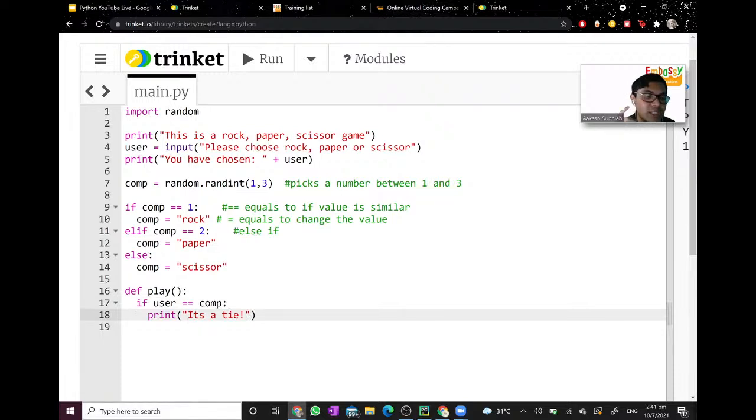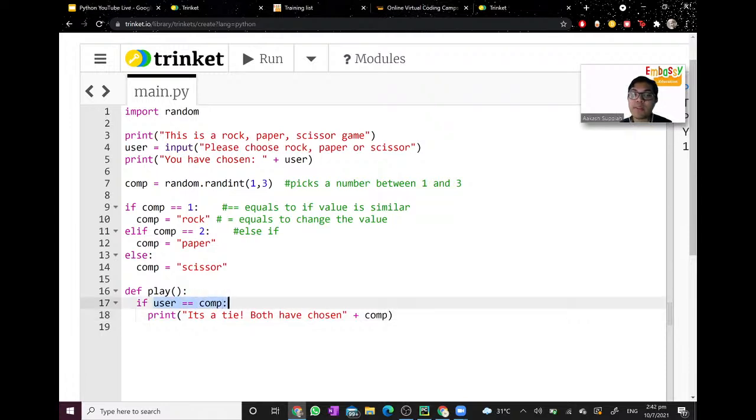So let's run it. It has shown it is a tie. Now let's write down what the tie is. We put in both have chosen, then close the quotation marks and put in plus com. This prints out the value of what is chosen. This value will be the same as user because both are equal.